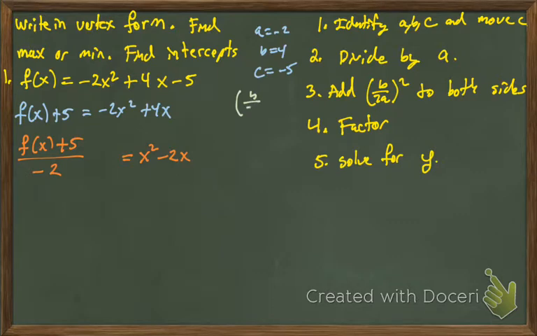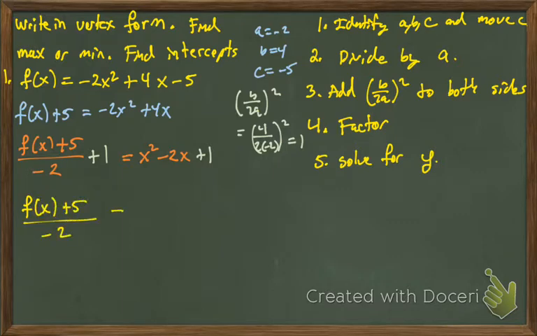Now we're going to add b over 2a squared to both sides, so we can complete the square on the left-hand side. So when we do that, that's going to end up being 1, so we're going to add 1 to both sides. And then we'll go ahead and just rewrite most of the left-hand side. The right-hand side will factor into x minus 1 quantity squared. The plus 1 right here,